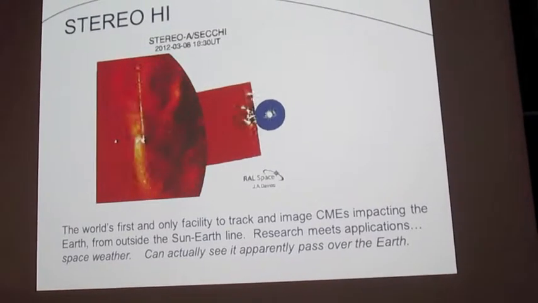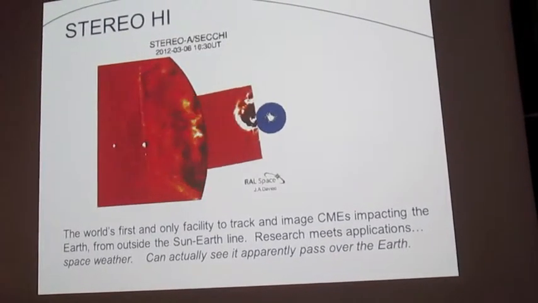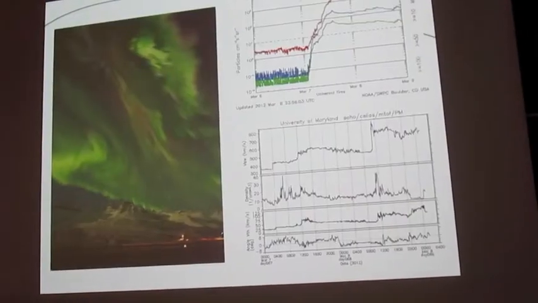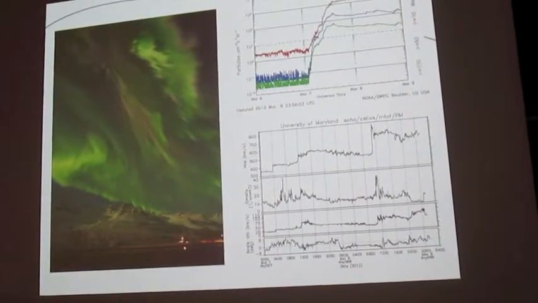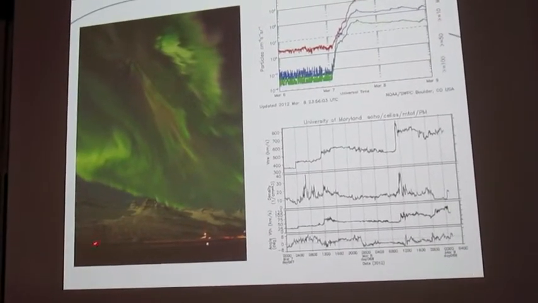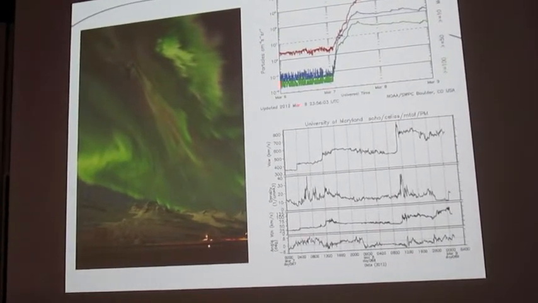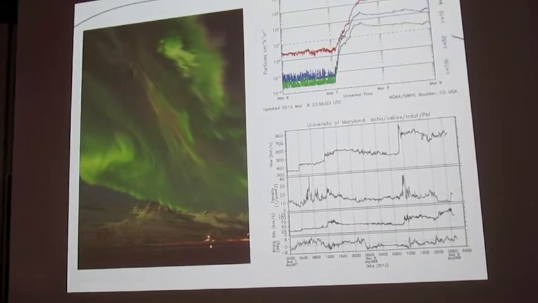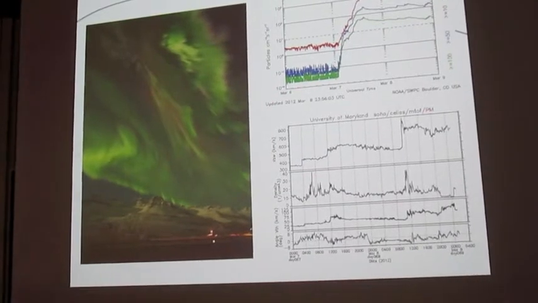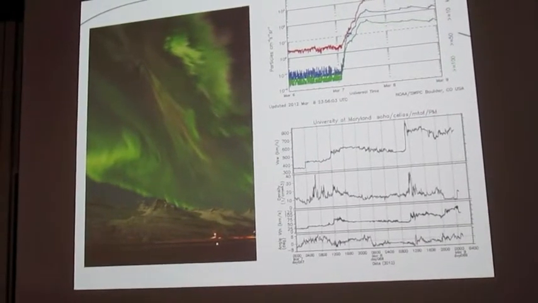So the question, if you like, to ask is, how can I determine whether the thing is in or out of the plane of the sky? That particular event generated an interesting auroral display. We excited the aurora. This is in Iceland. But you can also see up here, don't worry too much about the details necessarily, energetic particles hitting the Earth the day before the arrival of the solar wind shock